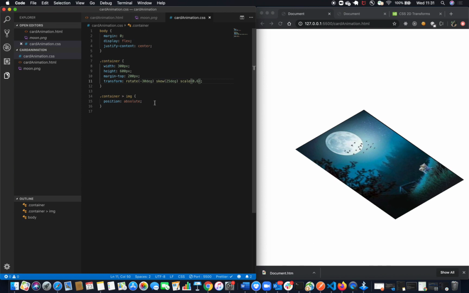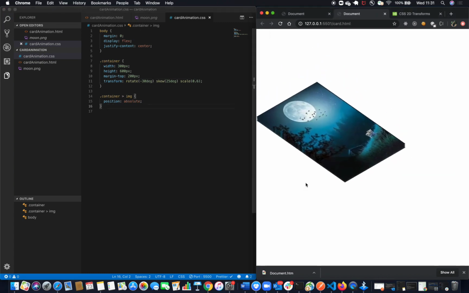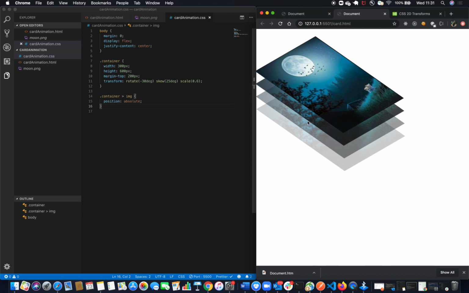The next thing that I want to do is, if you look at the final result, every image is stacked on top of each other and there's some gap between every image. That is when we hover on it. Only when we hover on it do we see this sort of effect. So that means we need to translate every image to a different height, to a different x and y axis. So that's what we are going to be doing right now.